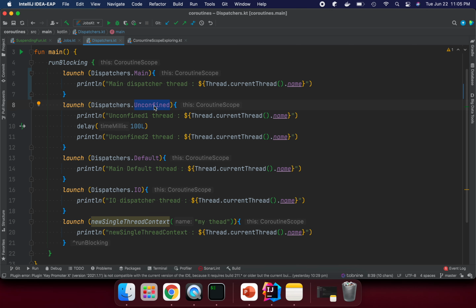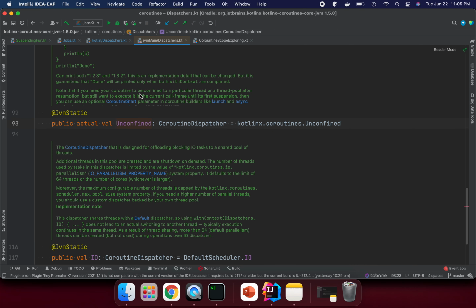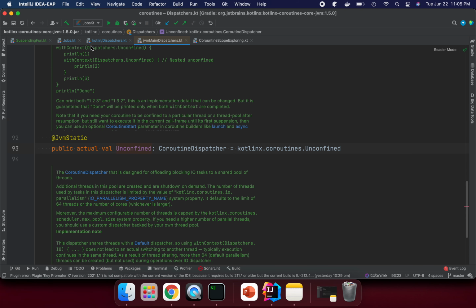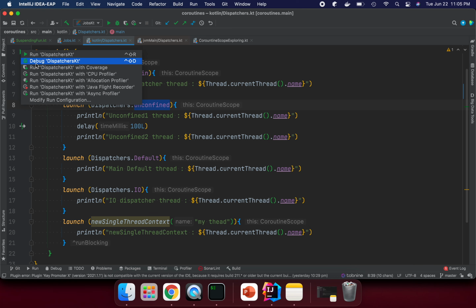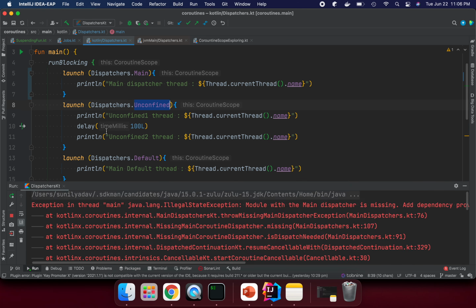Let me run this example, then I will explain it one by one.